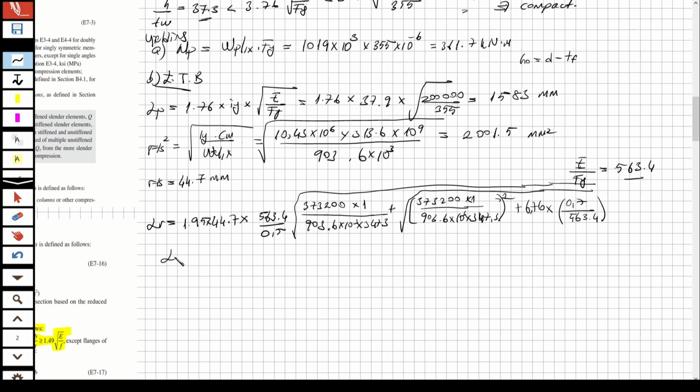So due to this, Lr is going to be equal to